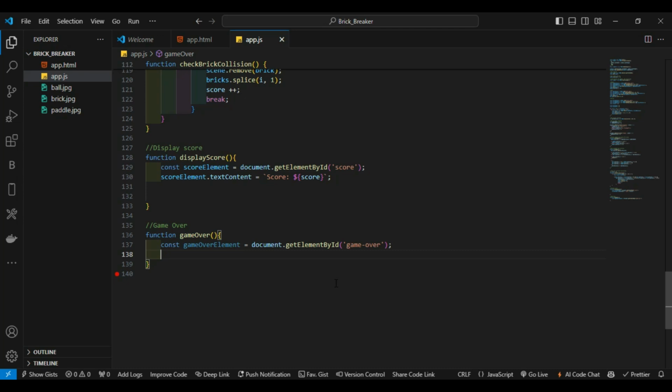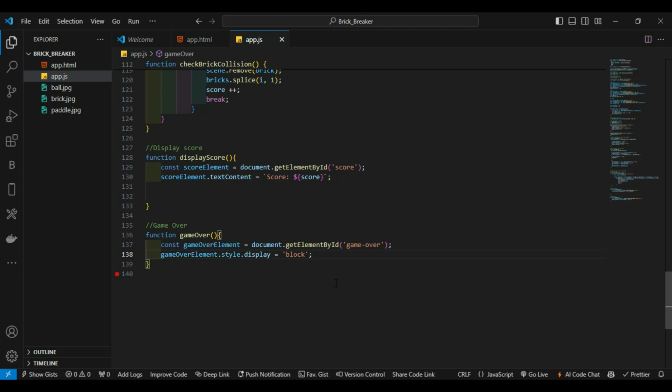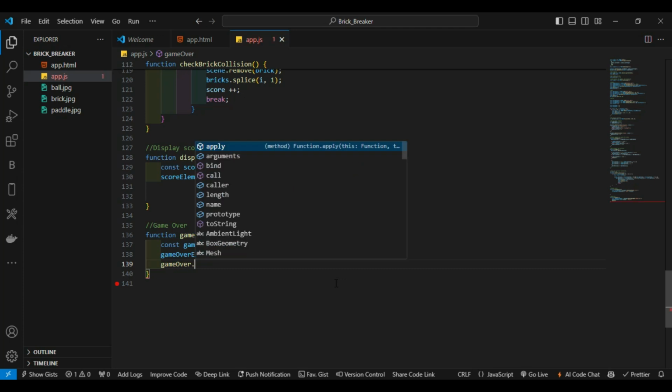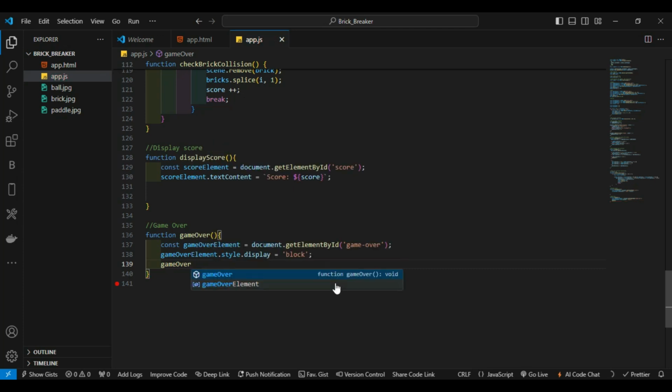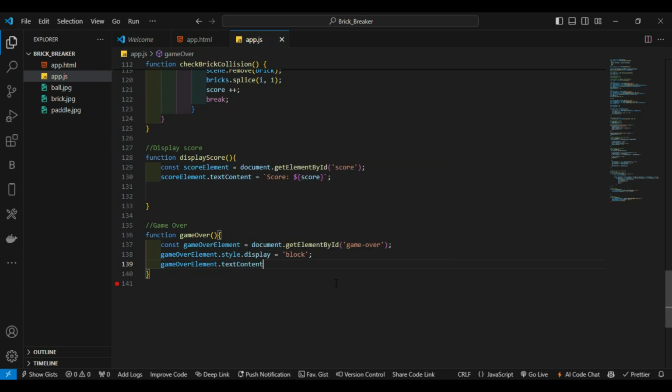Now if I say this game over element dot style dot display equal to block, then I say game over element dot text content is equal to